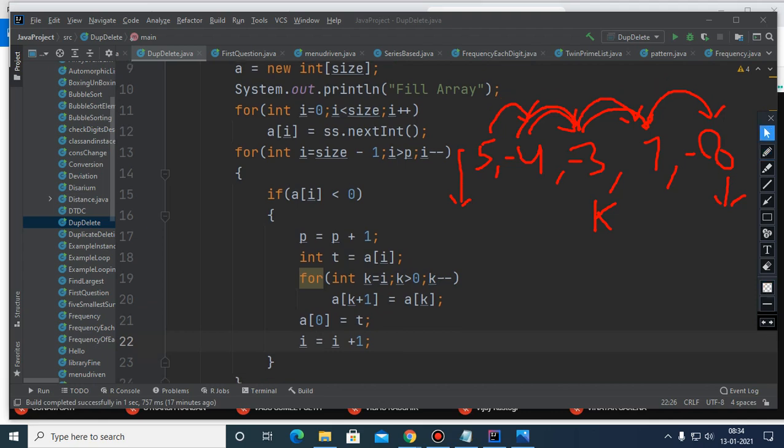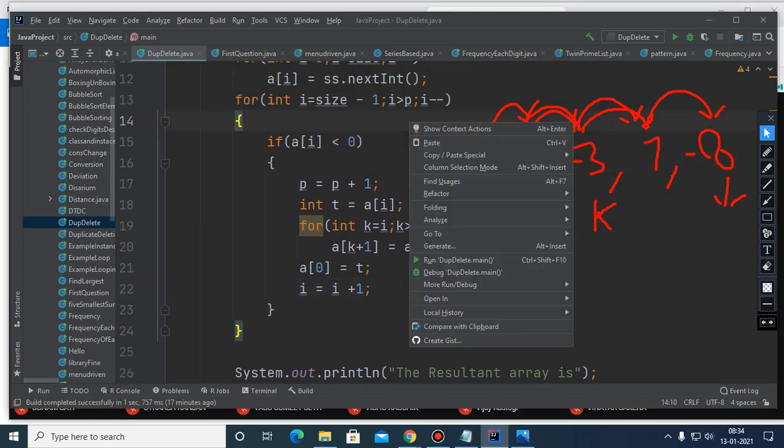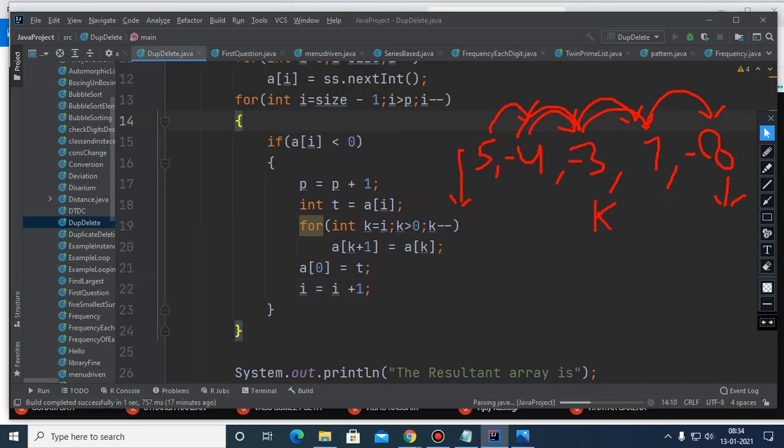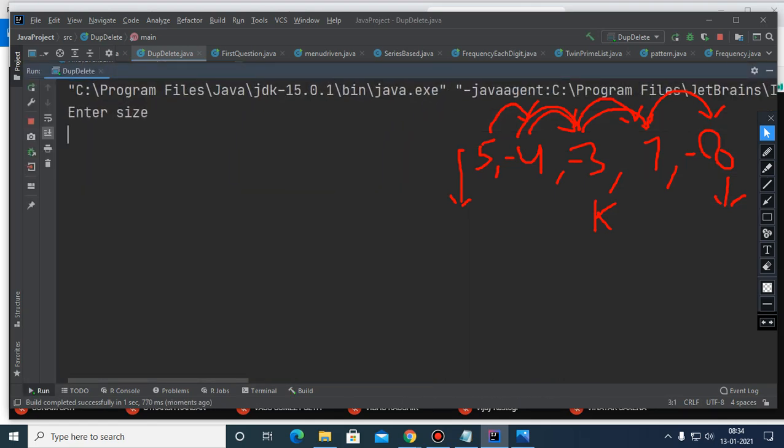In that case, now I want to just print the resultant array. Just have the size which is 5 here, and the elements are 5, -4, -3, 7 and -8.